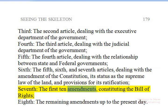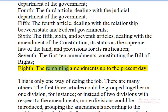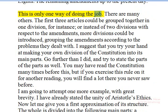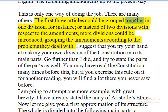7th, the first 10 amendments, constituting the Bill of Rights. 8th, the remaining amendments up to the present day. This is only one way of doing the job. There are many others. The first 3 articles could be grouped together in one division, for instance, or instead of